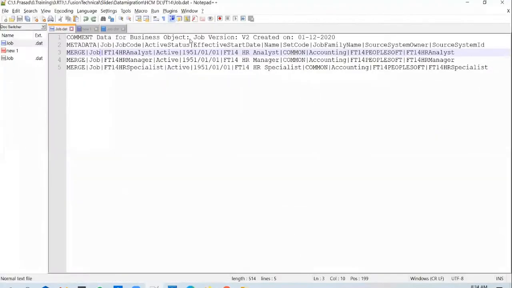Okay, any questions in the usual flow as far as the normal processing of HCM data loader process file is concerned? Sir, where are the threads? Because you've given 8 threads, right? You will not be able to see them. Oh, all of it happens in the background. Yeah, you don't get to see them.